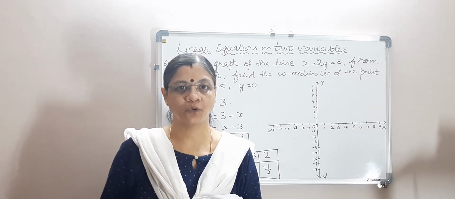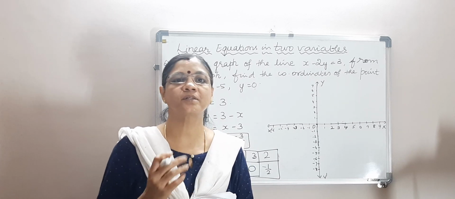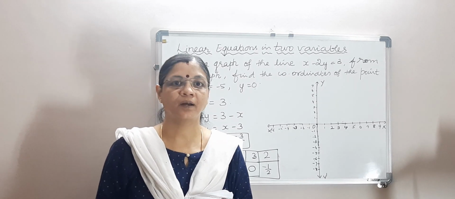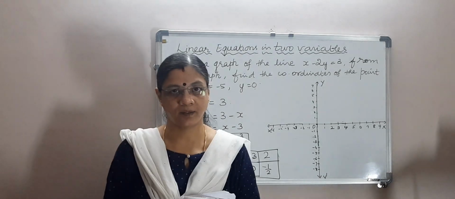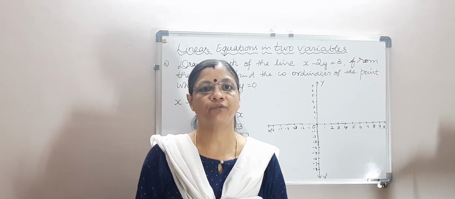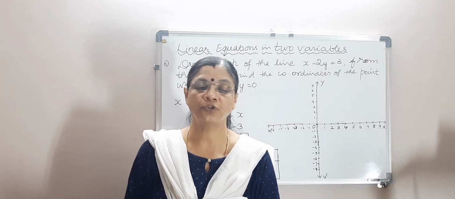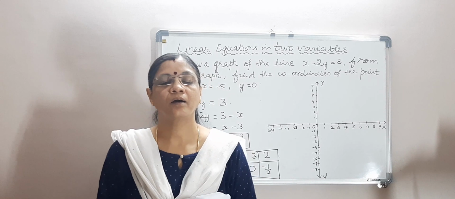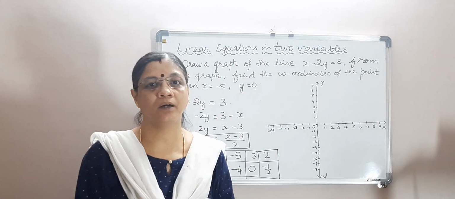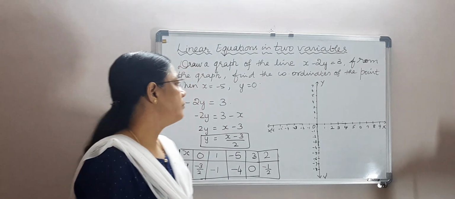This is for chapter 4, linear equations in two variables. We saw the concepts of this chapter and we have seen some problems too regarding linear equations in two variables, isn't it? So in this class we will be seeing the graphical representation of linear equations in two variables. We'll be able to find the solution for the linear equations and see how the linear equation behaves in a graphical way. Okay, so now let's get into the problem.